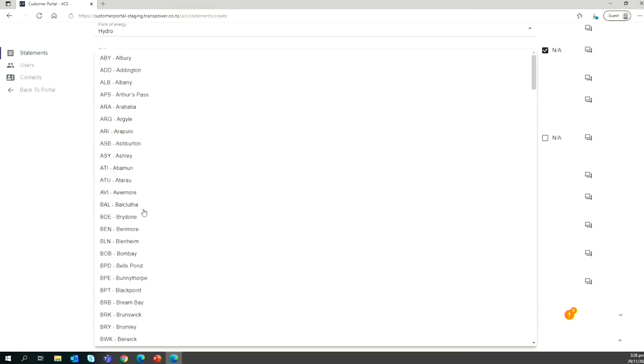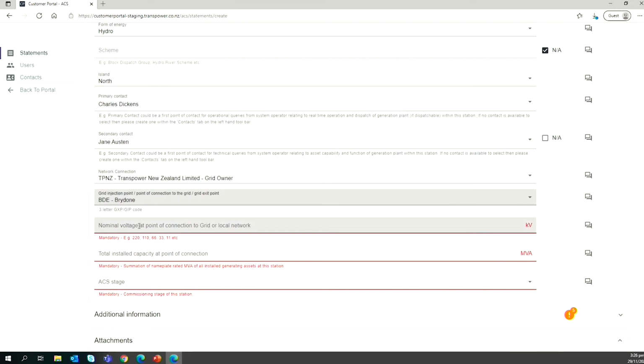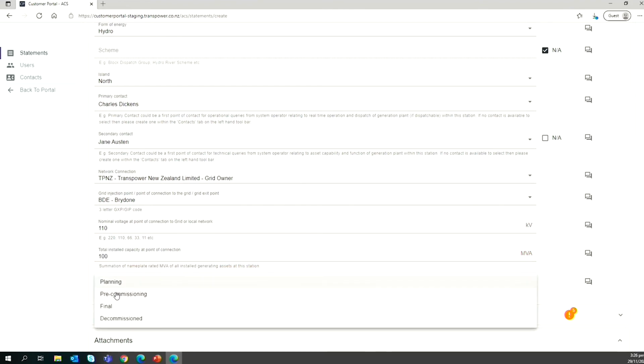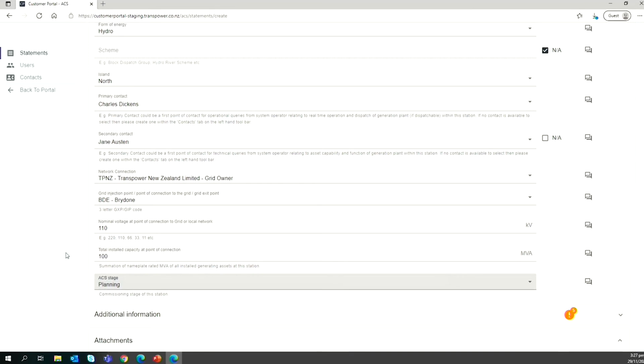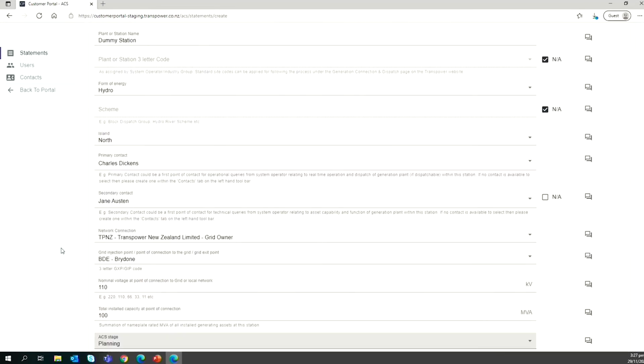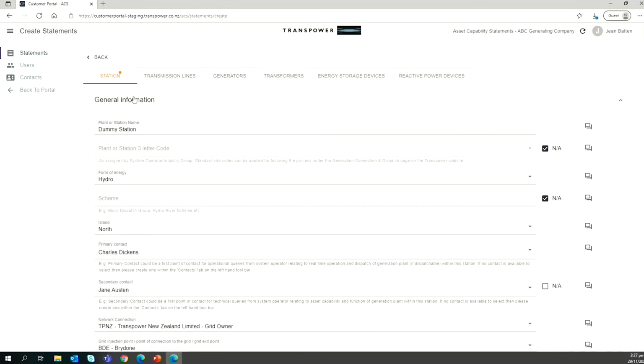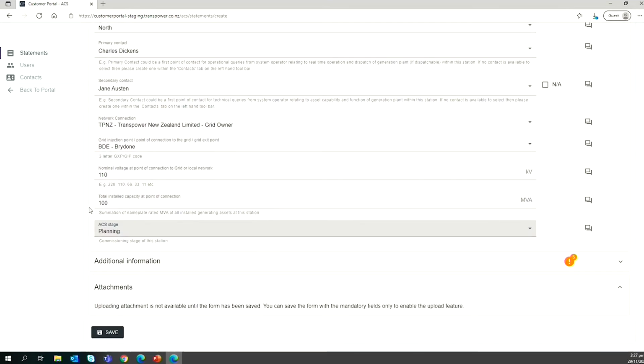Your grid injection point, nominal voltage at point of connection, installed capacity at point of connection, and ACS stage. So now that I've filled in all of the mandatory fields, all that's left is these required fields. I can see by the orange area here, and also shown up at the top on the tab as well. You also notice that